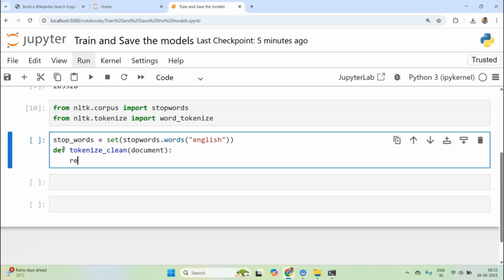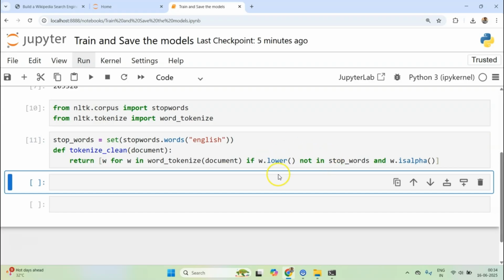I'll use a list comprehension: for w in word_tokenize of NLTK called on the document, I'll check if w.lower() is not in stop words, which we have defined here, and also if w.isalpha(), which means I only want to consider alphabetic words. Then only do I consider that a token.